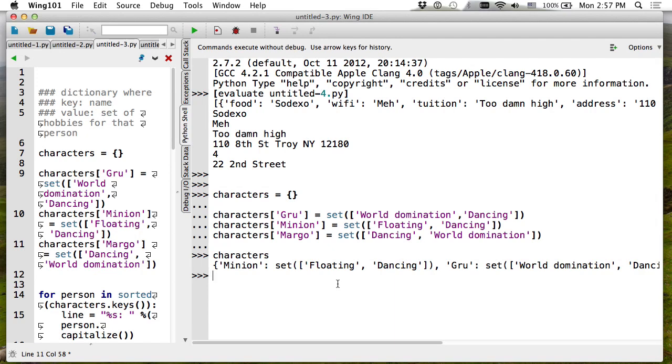If I wanted to actually store this dictionary as a string, I can use this module called Json. So Json means JavaScript object notation. And every single system that you are going to use on the web, more or less, is going to use Json. So if you want to then take a dictionary, like characters, convert it to a string, you can use